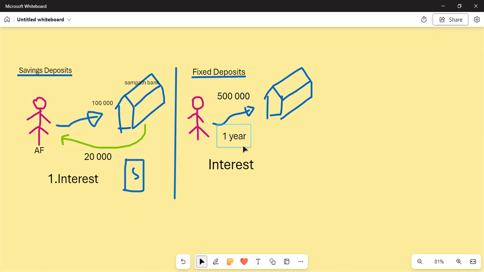There is a particular period. For that period, the money will be there in the bank. The interest will accumulate monthly, and you are going to get a big interest, a bigger amount than the savings deposit. Therefore, most people deposit in fixed deposits. But only if you have enough money can you do this. If you don't have enough money, can you go and open a fixed deposit?